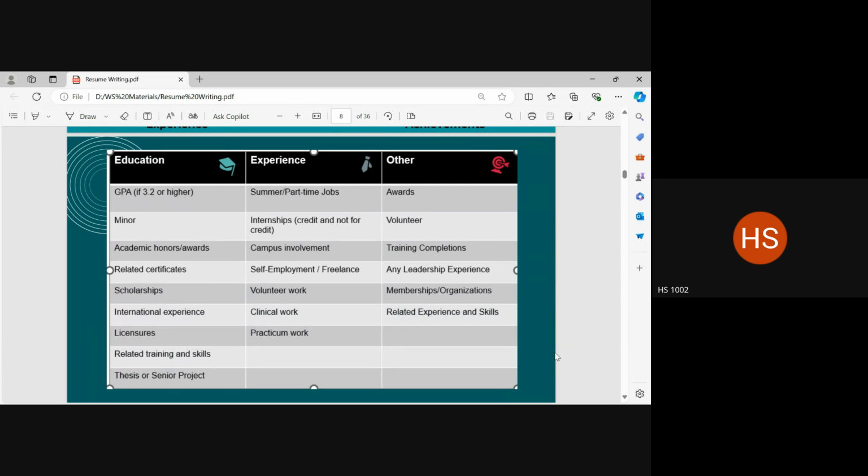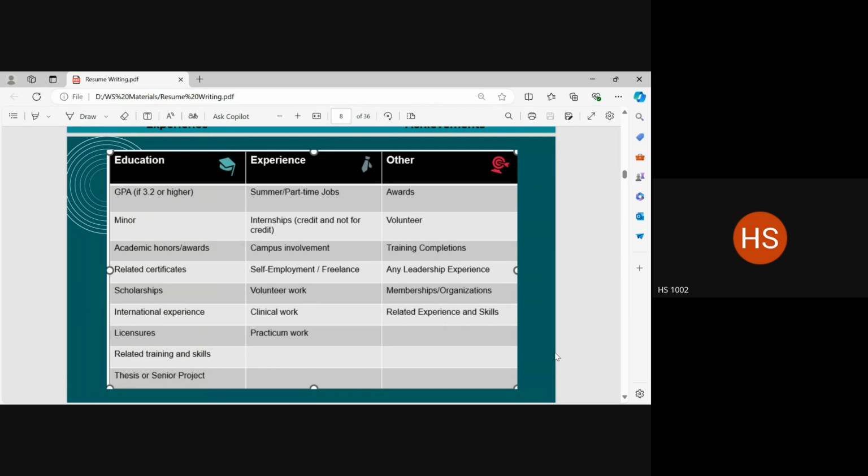Any training that you have completed, any kind of training. Now, it's a very interesting thing, a training. Sometimes, if you complete a training, you get a certificate. Sometimes you train yourself to do a lot of things and you do not have certificates to show that you are well trained in it. Now, what do you do in that particular case?